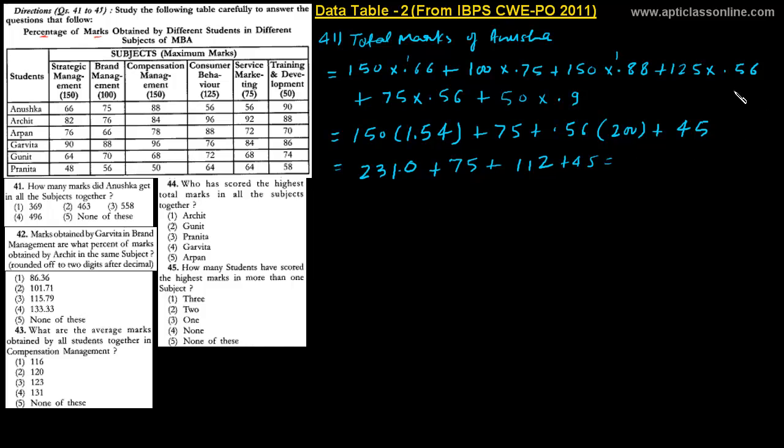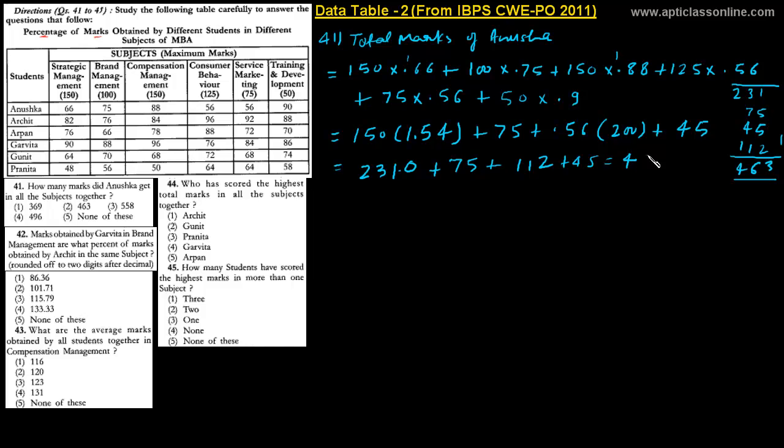So 231, 75, 45, 112. 5 5 10, 11, 13, 3, 1, then 7 plus 3 is 10, plus 14, 14 plus 1 is 15, plus 1 is 16, 6, and 1. 2 plus 1 is 3, 3 plus 2, 66, 1, 2 plus 1 is 3, 3 plus 1 is 4, 6, 3.